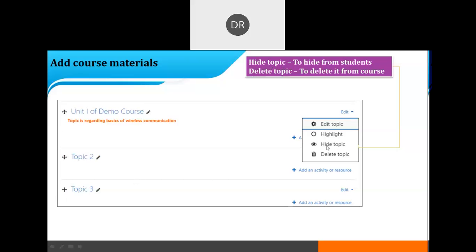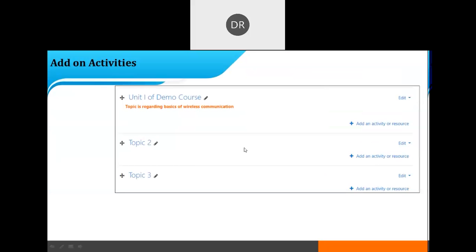This is one feature available in Moodle. Also there is a delete topic. If it is wrongly done, then you can delete the topic. So there are two tabs, hide topic and delete topic. These are the different steps to edit the name of the course content.